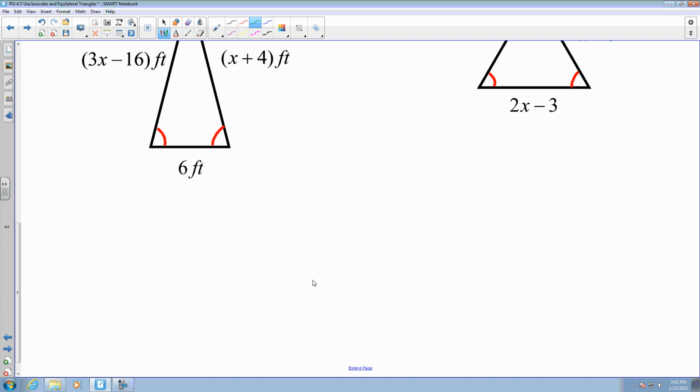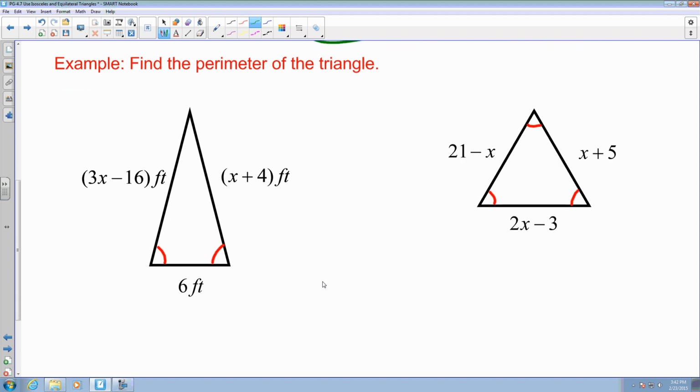Finally, they want us to find the perimeter of these two triangles. Perimeter by definition is the sum of all the side lengths, so the general equation for the perimeter of a triangle is A plus B plus C. Whatever the side lengths are, we just add them up. Well, what we need to do first for this one is find what x is. Well, because of the converse of the base angles theorem, I know that these two sides are going to be congruent. So I can set them equal to one another